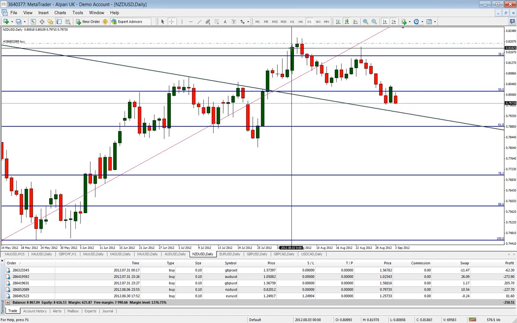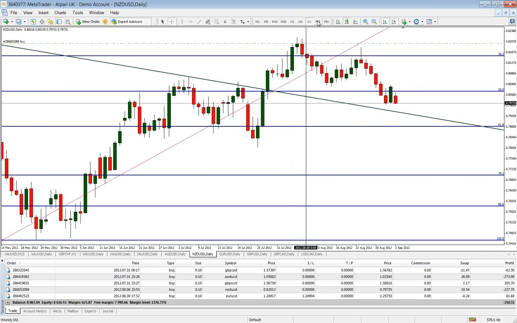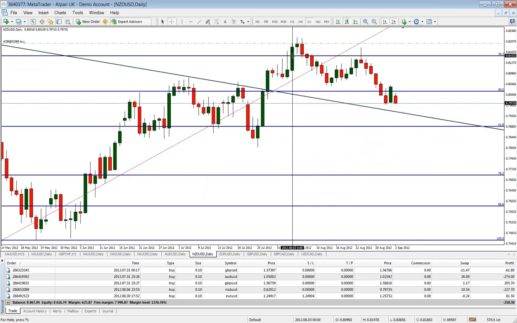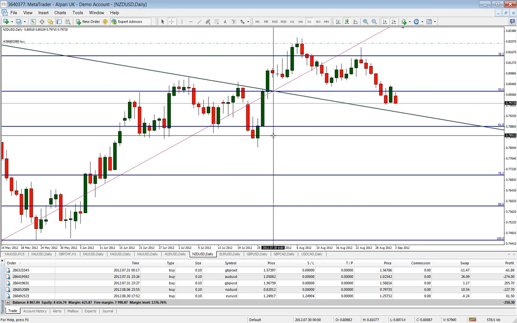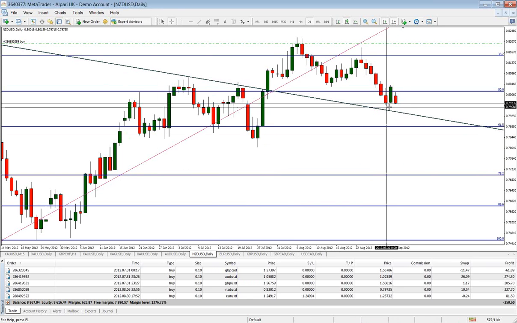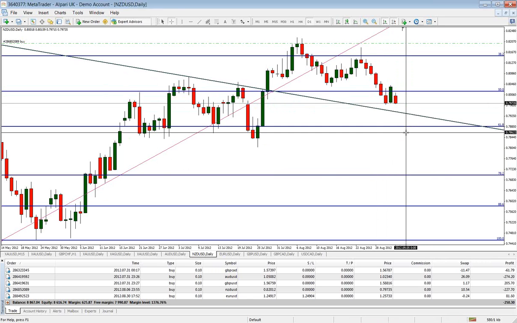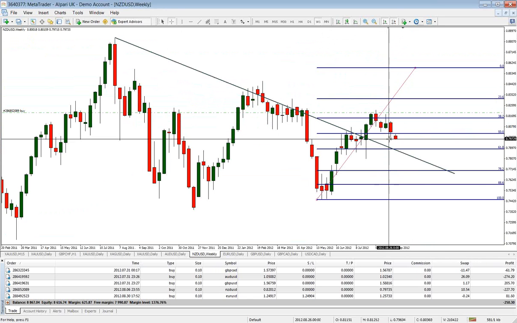We did have a breakout, definitely, and it was confirmed. It was confirmed on the weekly chart. It was confirmed on the daily chart. It was confirmed on both time frames, and that's what I like to see. So currently, as it seems that we might go further down, for me, basically this weekly close above